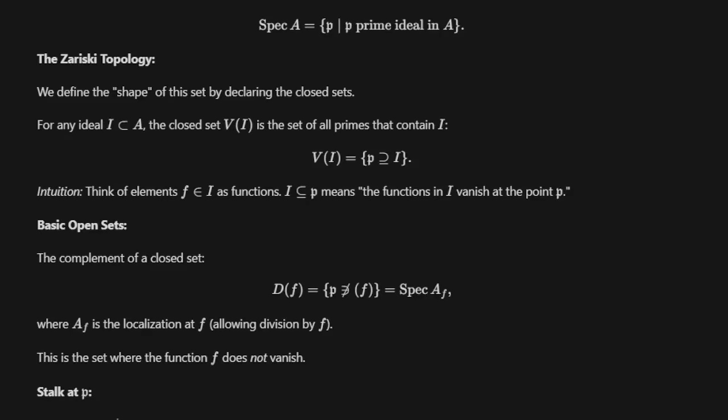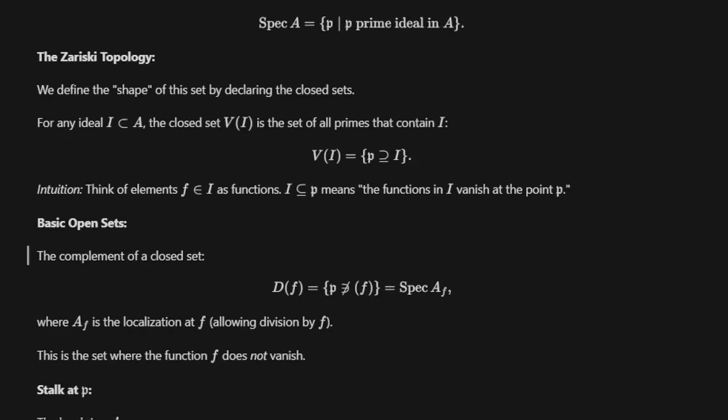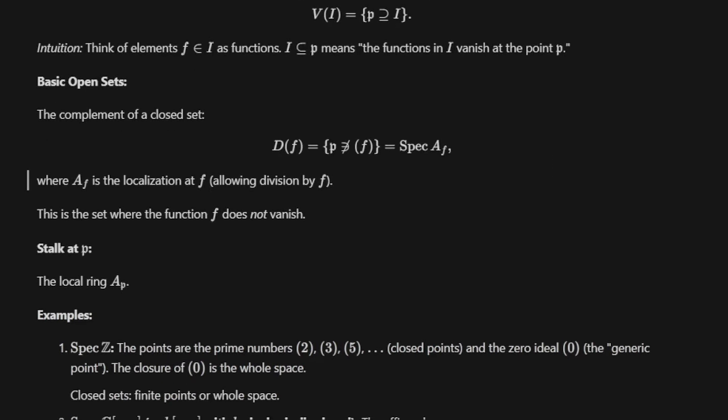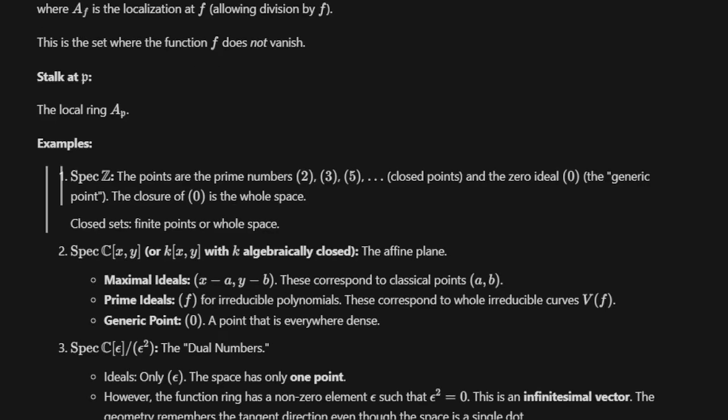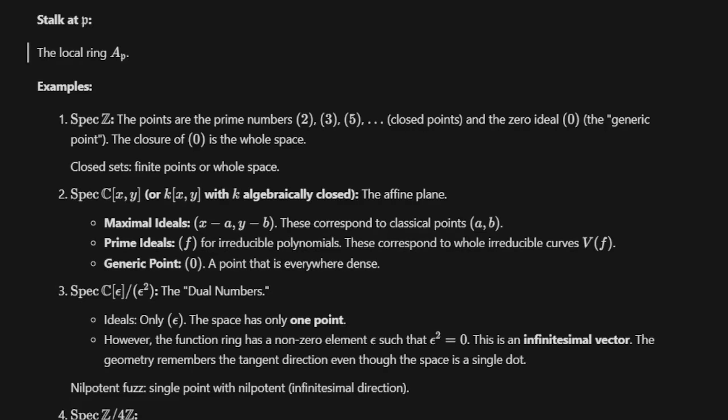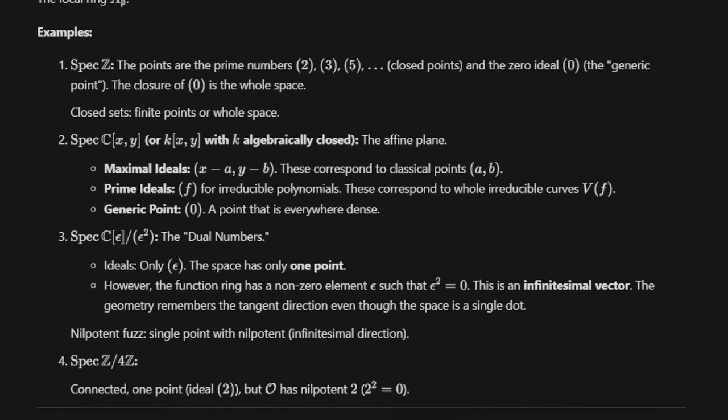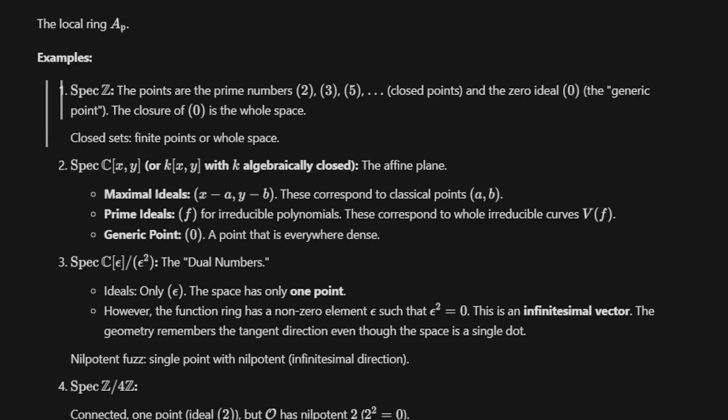It's the set of all primes containing I. And the topology is very, very coarse because it doesn't separate points well, but it is really the only topology that can be defined using only algebra and polynomial equations. So that is the key defining feature, and also the extraction of basic open sets from this, as well as our ability to stalk the point. So a local ring at a, sub p,